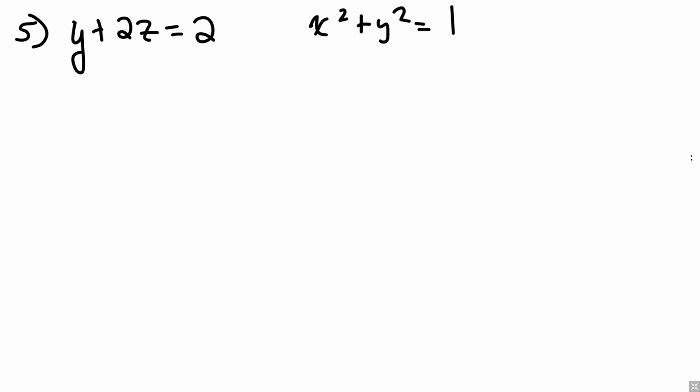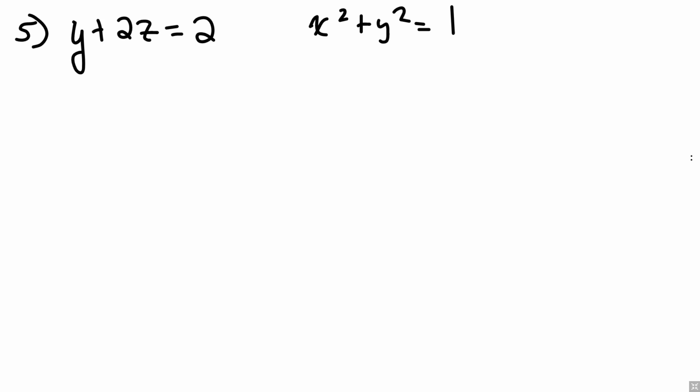Okay, so for number 5, we were told we've got the portion of the plane y plus 2z equals 2, and the cylinder is defined as x squared plus y squared equals 1. We're asked to find the area. All right, so we can use